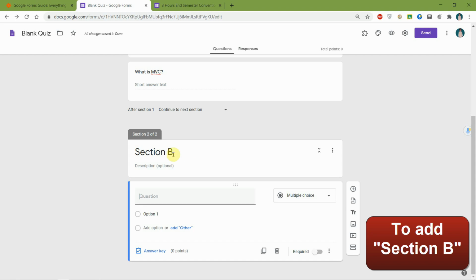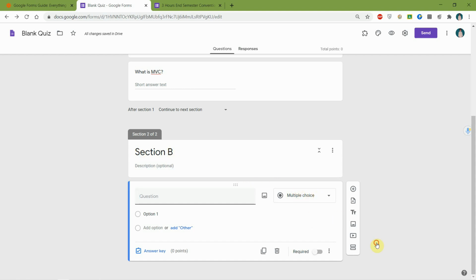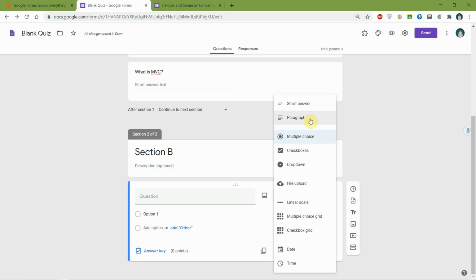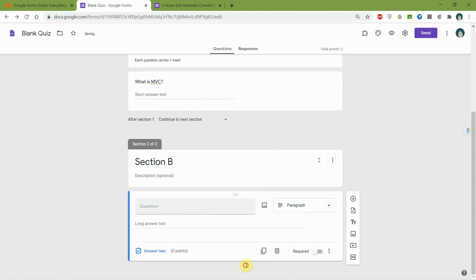Type the heading of the section and choose the type paragraph. And by following the same procedure I have said earlier, copy paste or type the question here and give the required points to this question. Now to add section C, follow the same procedure.